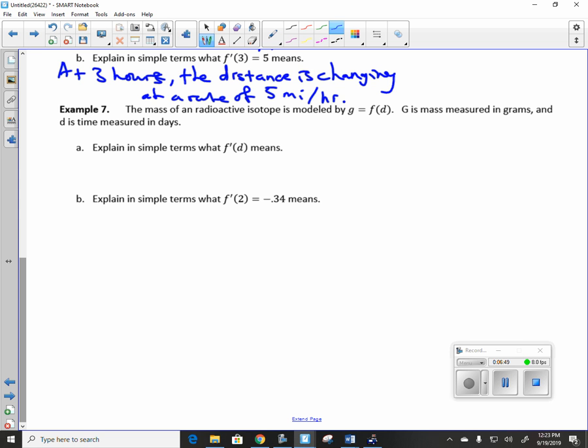And example 7, we're going to go straight to letter B. Mass of a radioactive isotope is modeled by G equals F of D. G is the mass measured in grams, and D is the time measured in days. At 2 days,